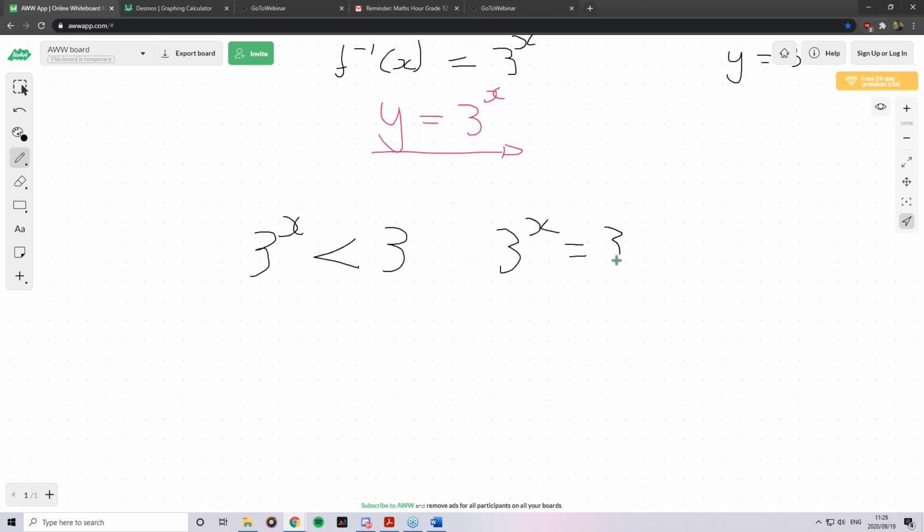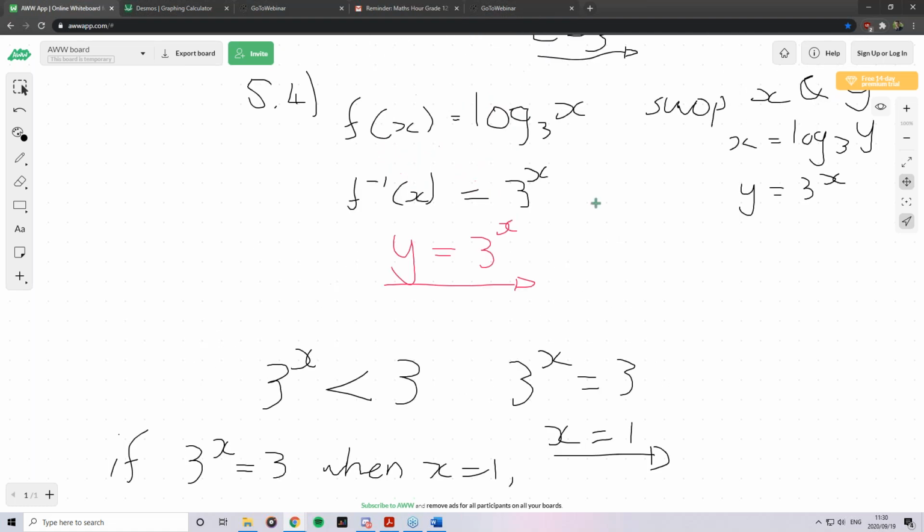So what we're doing is we're actually solving where it is equal to, and just taking that value and making it less than it. So what will x be for this value to hold? Well, obviously 3 to the power of 1 is just 3, so x is 1. So for what values of x will 3 to the power of x be less than 3? Well, 3 to the power of x is equal to 3 when x is equal to 1,